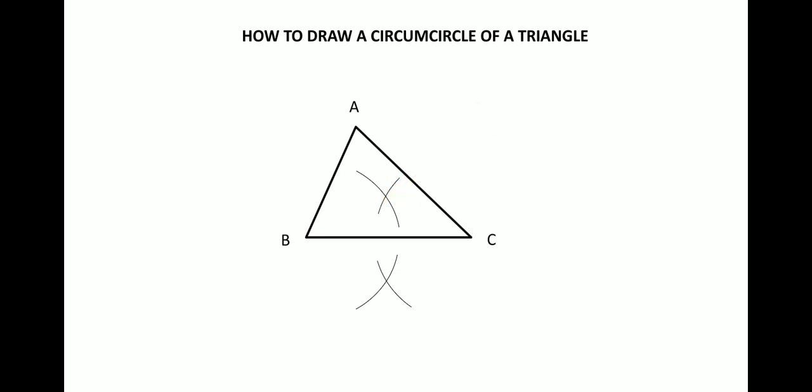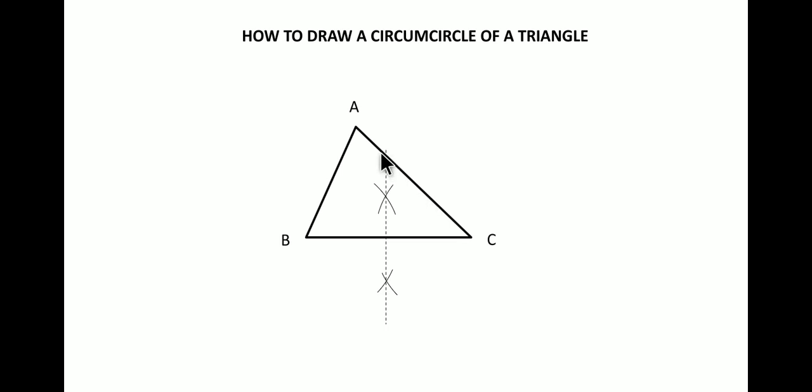So when the two points of intersection are formed, you draw the line joining the two points, this point and this point, and draw the dotted line like this. So this is how you bisect or draw a perpendicular bisector for the line BC. So for line segment BC, you have drawn this as a perpendicular bisector. Next, you can erase the extra portions of the arcs, so that your work does not look untidy.